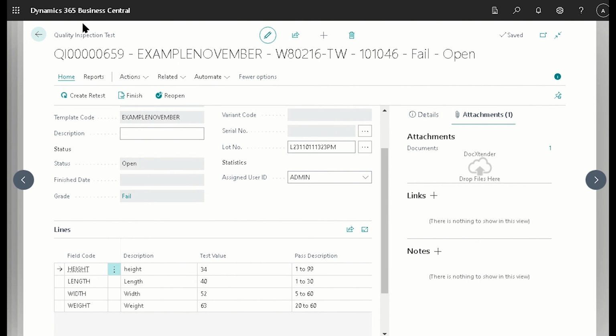All right, so this was an end-to-end example of how to set up and configure an Azure Blob Storage account, an Azure Blob Storage container, as well as a Document Intelligence instance, and then how to use those values into Quality Inspector, as well as how to use the key features that are using the Document Intelligence features inside of the Quality Inspector.